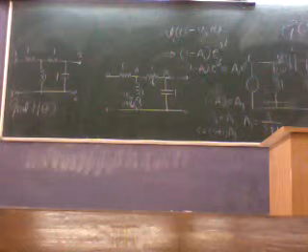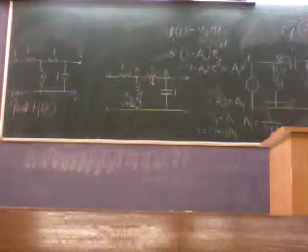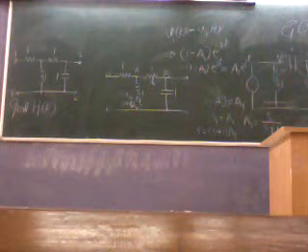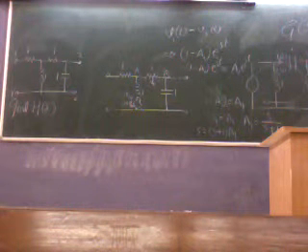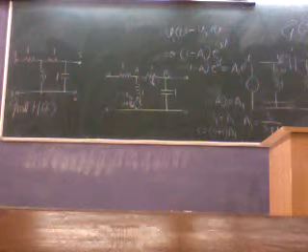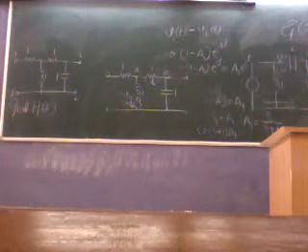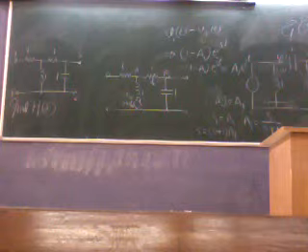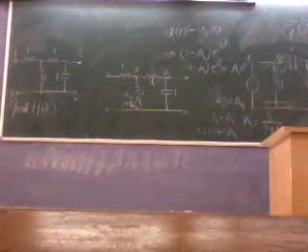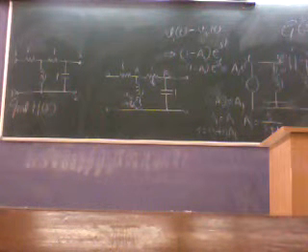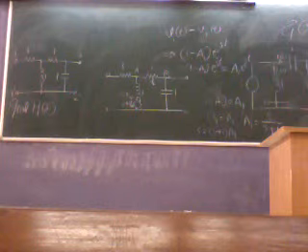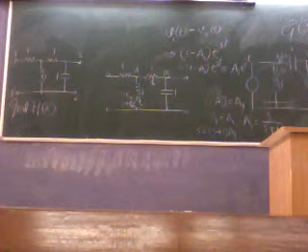Or if we apply any input, the output we will be getting will be such that if we apply v1(t), I get v2(t), such that the ratio of Laplace transforms of them is H of s. Both ways it is the same. I am trying to put forward alternative theories, hoping that everybody will understand at least one.